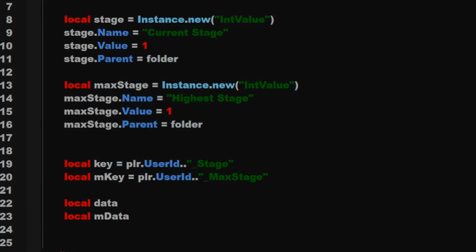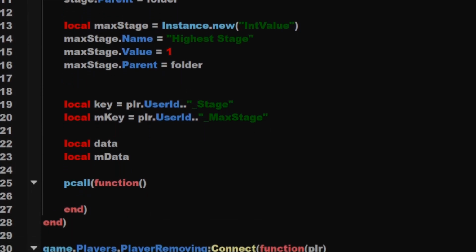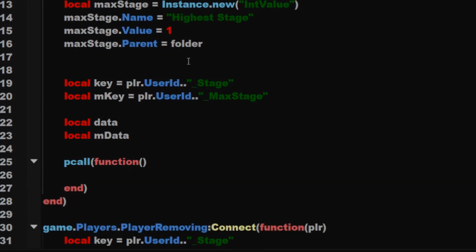We're going to drop 2 more lines, and then we're going to say pcall. In the brackets, we're going to say function, open bracket, and then after the closing bracket, we're going to drop a line, and it's going to insert this end closing bracket for us. And then we're just going to simply say data equals ds:GetAsync